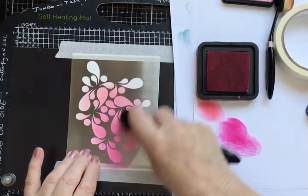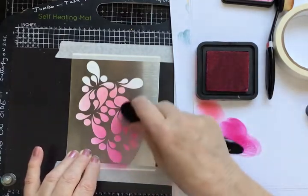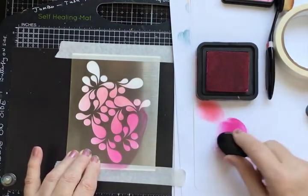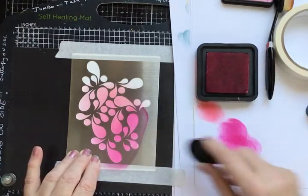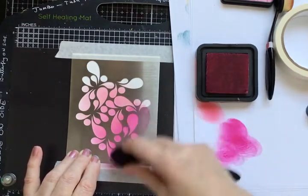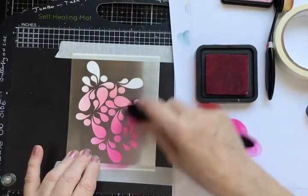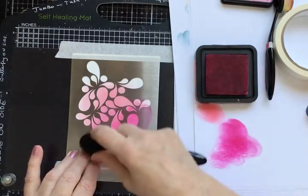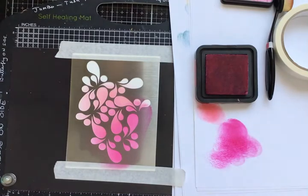I don't know how much of a tone this will give me, different from the other two. Hopefully it will be noticeable. So as you can see, I'm building up the layers of this pink, just concentrating in this area. Not too much ink at a time, but just a layer. And then take some off again, and then another layer. Okay, now let's go for...